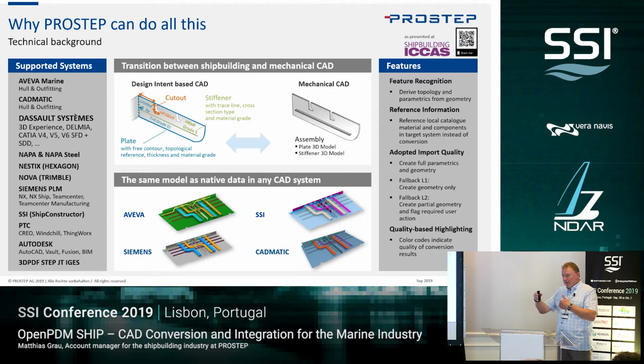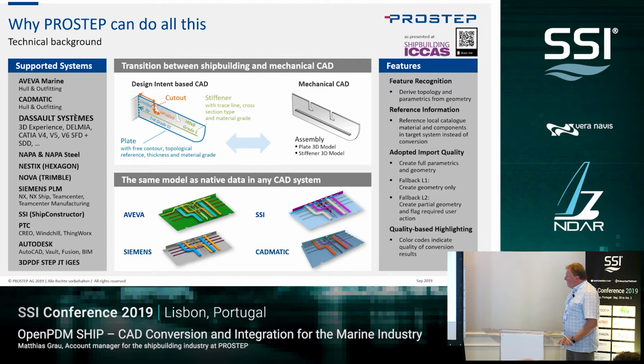And you can describe these topological relationships, and typically those shipbuilding specific design systems are able to do this. But as soon as you do a STEP-based data exchange of CAD geometry or CAD data out of those systems, then you lose that topological information. It's just gone. So you can't get it, or it's very hard to get it back. Therefore, we basically have